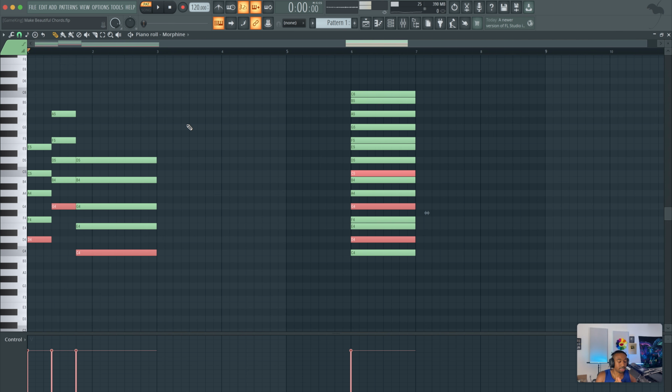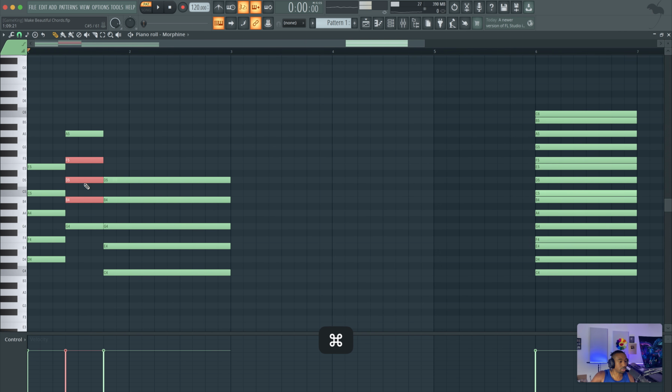Now let's show you guys the magic of the dominant ninth. The reason it sounds particular is because of the chord code: 0, 4, 7. That's a major triad. Then we have a minor seventh on top. What this creates in between is called a diminished chord. A diminished chord is 0, 3, 6.